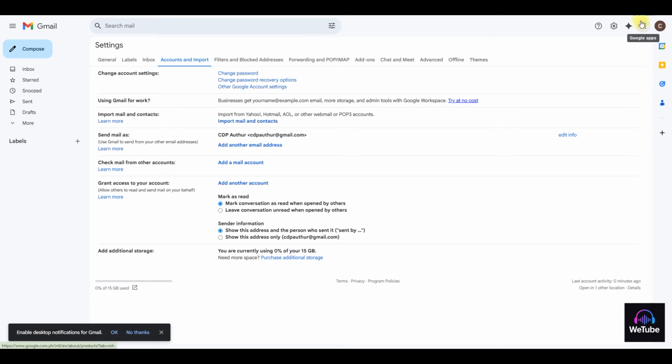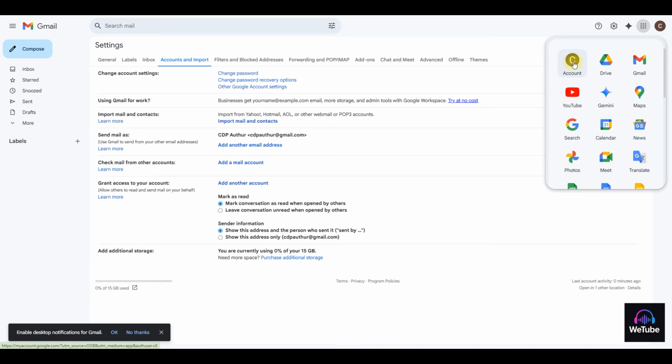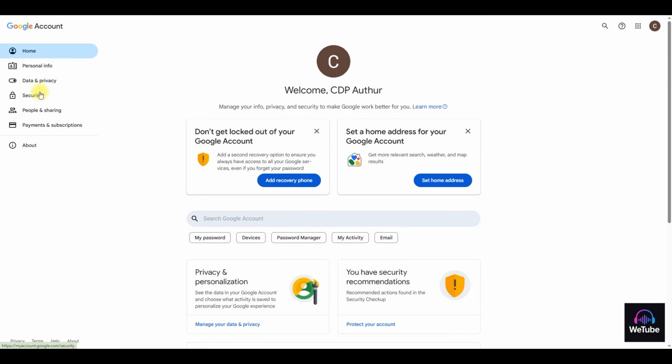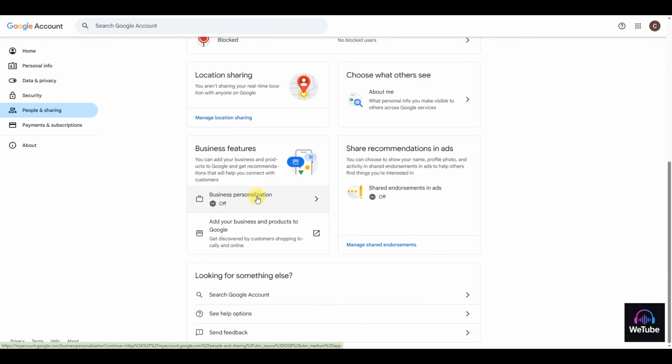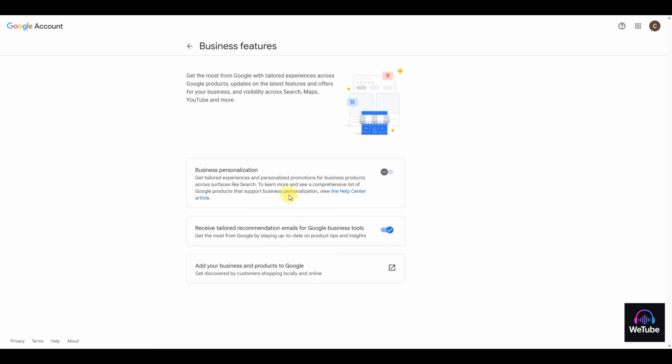So all you need to do is, on your profile here, next to it is Google Apps, click on it and go to accounts. On the accounts, come over to people and sharing and head down here. You will see business personalization. As you can see, it is off. Simply click it. Once it opens, then come to this section and toggle it on, and after that you are